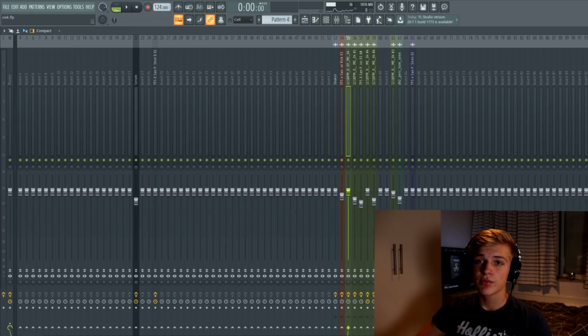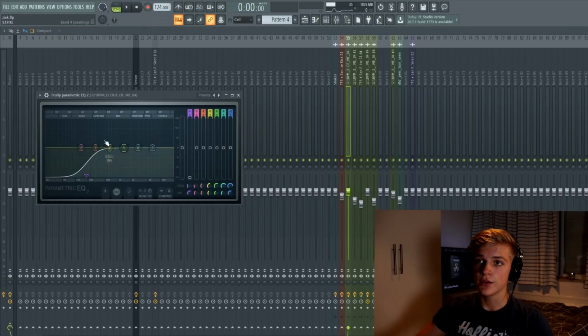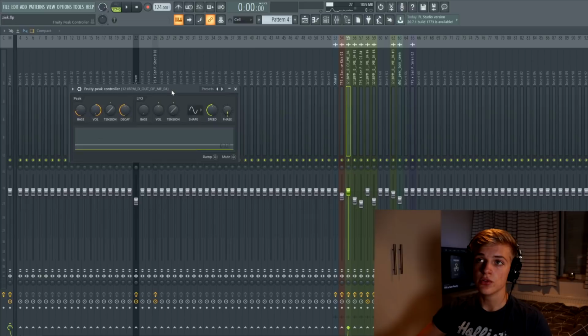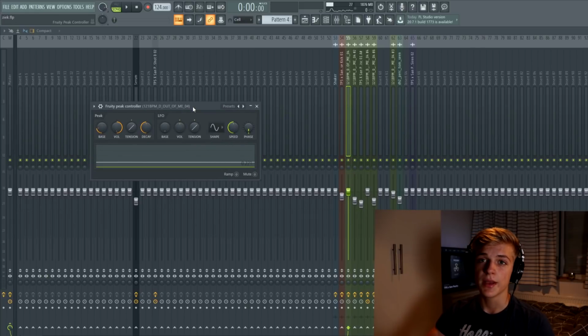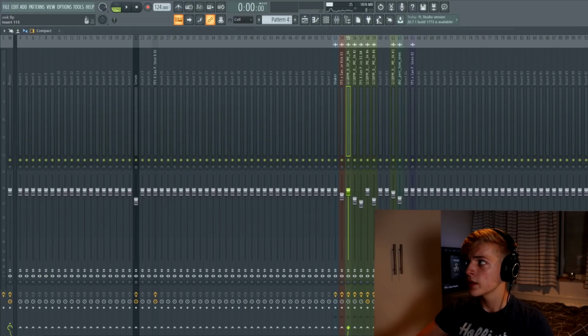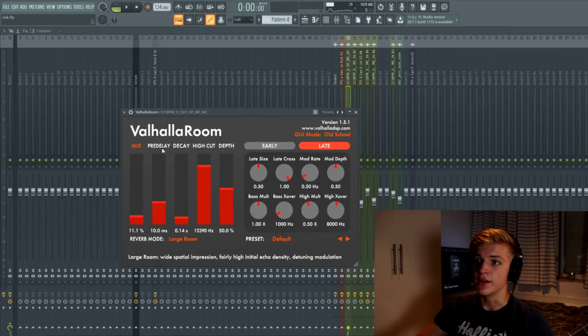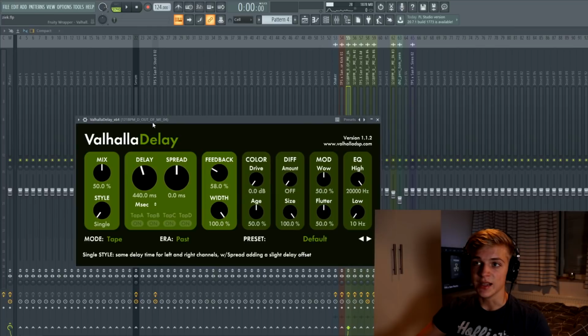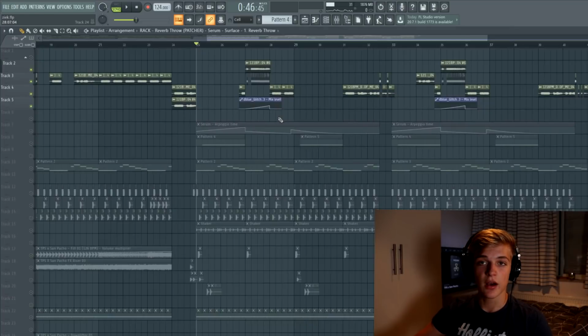I didn't do crazy processing. First of all, there's an EQ which cuts out some of the bass frequencies. Then there's a P controller which we're going to use to automate the delay. Then there is a reverb which is very short. And so we have this delay which is set to, you can also use that vocal to create some effects